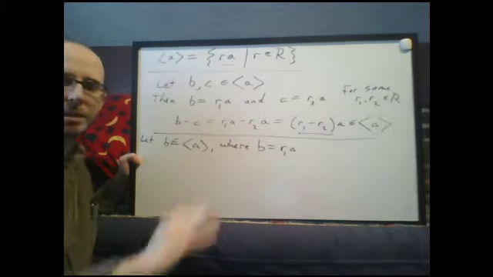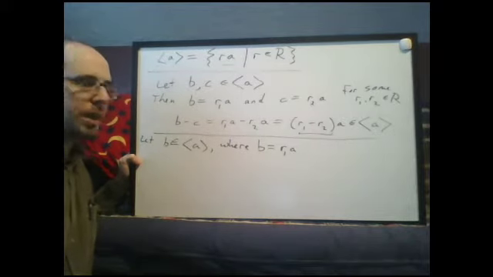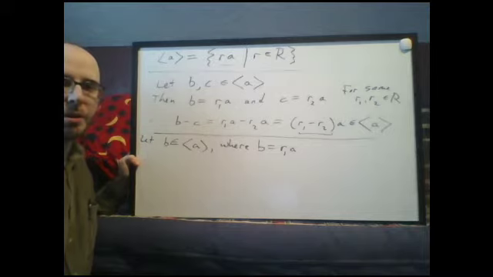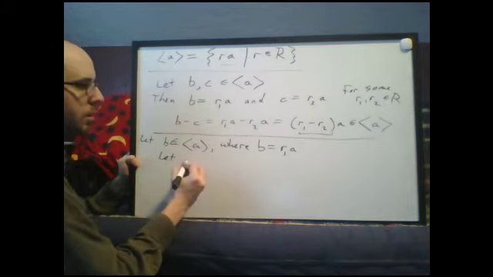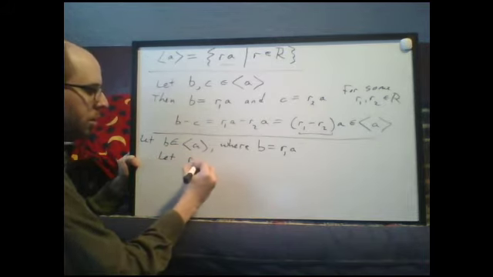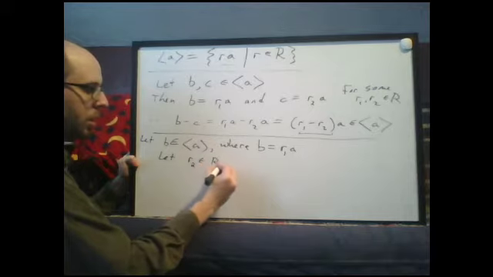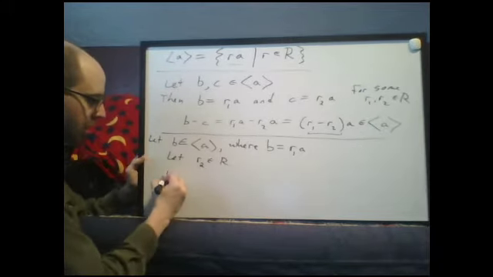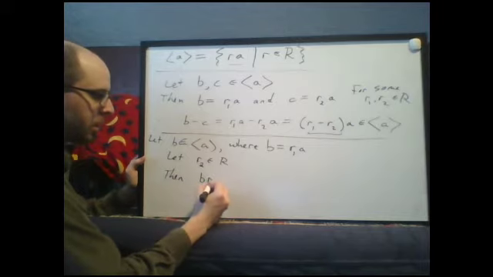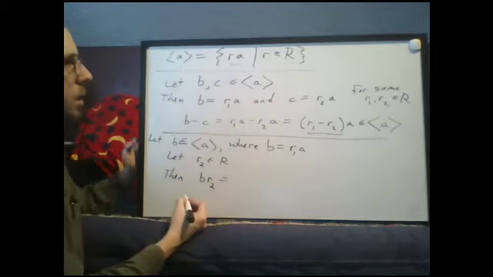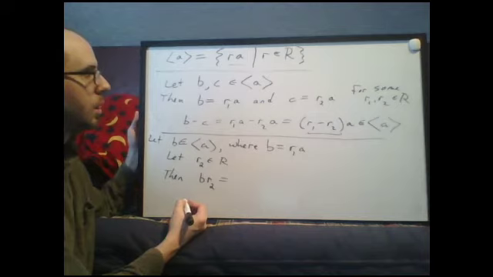Now I don't need C. What I need for my second element for the multiplication part is some other element of the big ring. So now let R2 be an element of R. Then BR2 is,